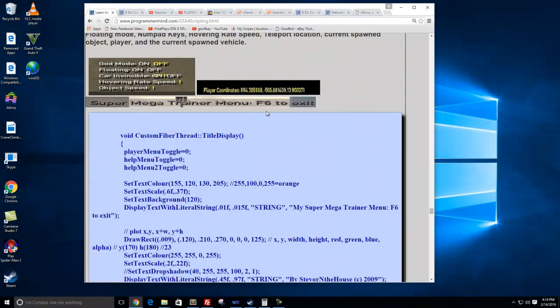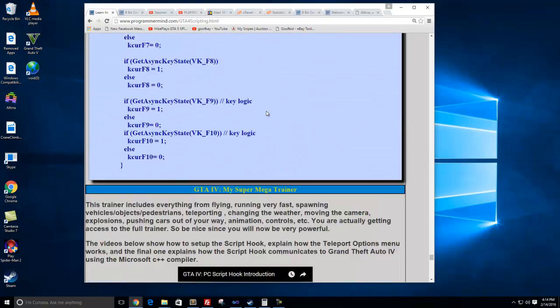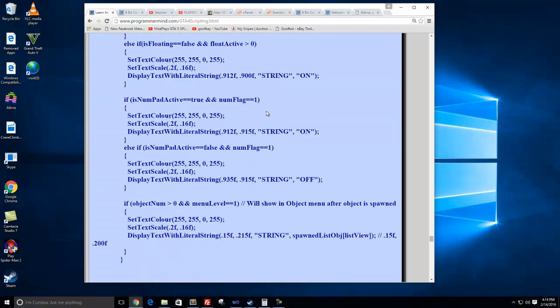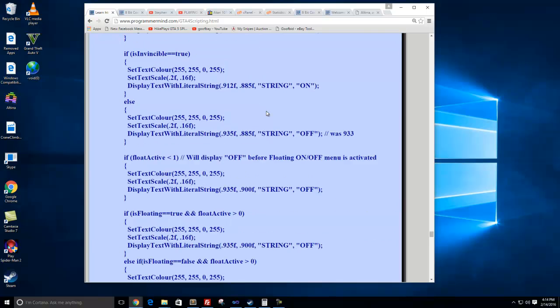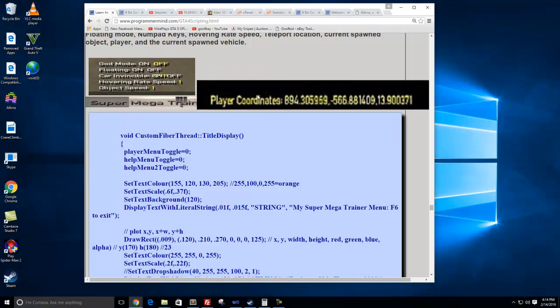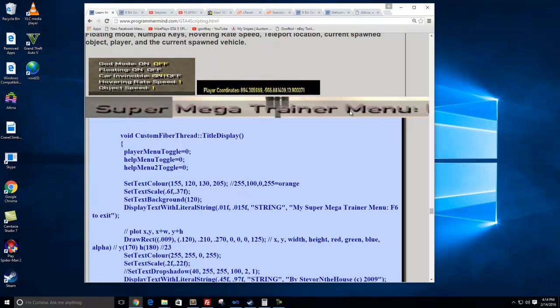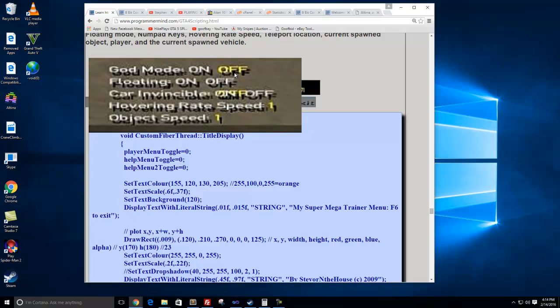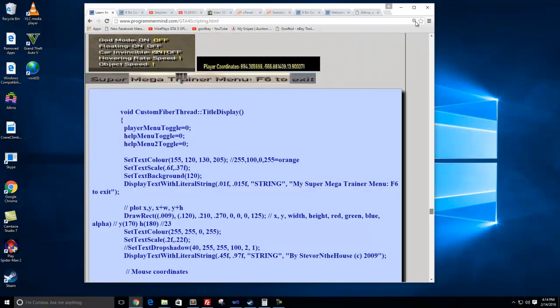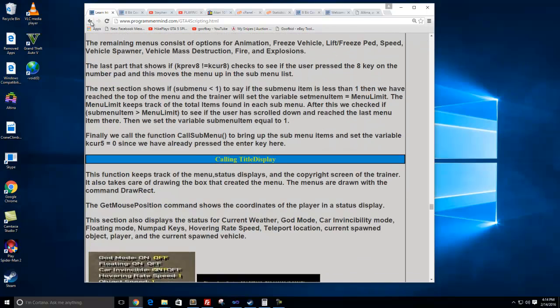I'll try to add more content as I come to it. There's videos all the way at the bottom of this page. Might need to put them somewhere else, but they're at the bottom for now. There's how the keyboard works and displays and stuff like that. These are what they look like once I have my own displays working on the screen. There's the coordinates. There's the actual title message, and these are actually stats in the game. Yep, that's for the Grand Theft Auto lovers and fanatics, whatever you want to call them.